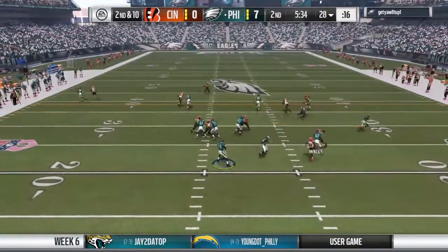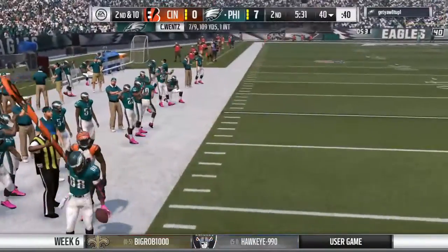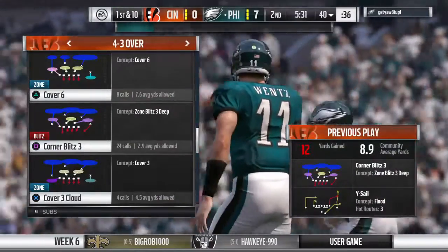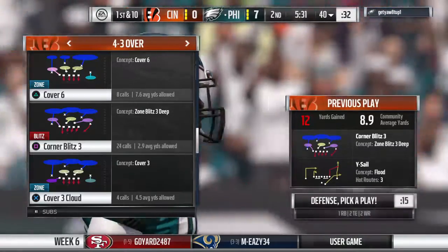Back to the air on second down. Wentz toward the sideline, and look at that catch. Dragging the toes, and that's going to be a first down. Well done. As if he didn't have enough to think about on that route, the comeback route, coming back to